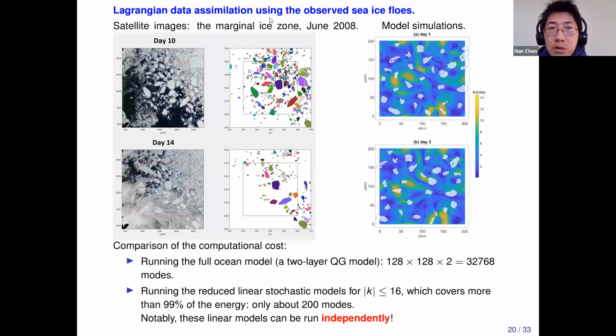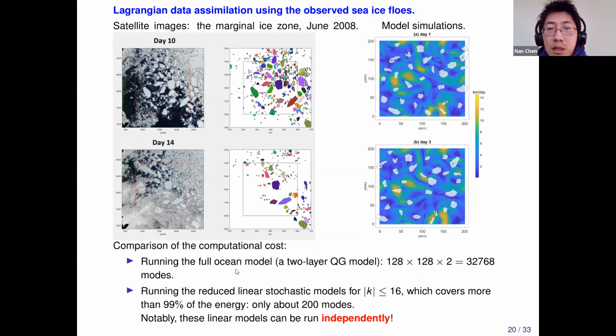I just want to show a quick result applying that to the sea ice. For Arctic sea ice, we actually do not have a lot of observations using other ways. So we have to rely on the satellite observations for the sea ice trajectories. And unfortunately, sometimes you have a big piece of cloud, so you will have a lot of missing observations. So practically, it's even more challenging.